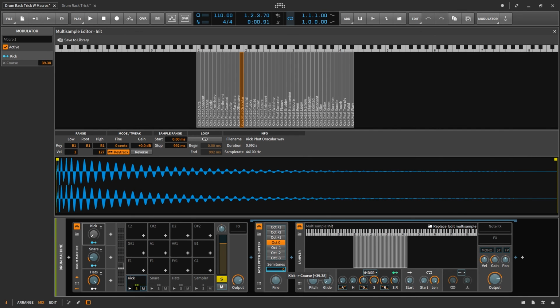Okay, so when you get close, just hold down on that shift key, and you can get really precise with that. Let's go to 39. Okay, so there we go. Hit the arrow again, and now this rheostat or macro or potentiometer goes from 0 semitones all the way to 39. So if we play this, this should cover all of our samples. There's our first sample, and there's our last sample. So 100% is our last sample, 0% is our first sample, and then as we turn that,